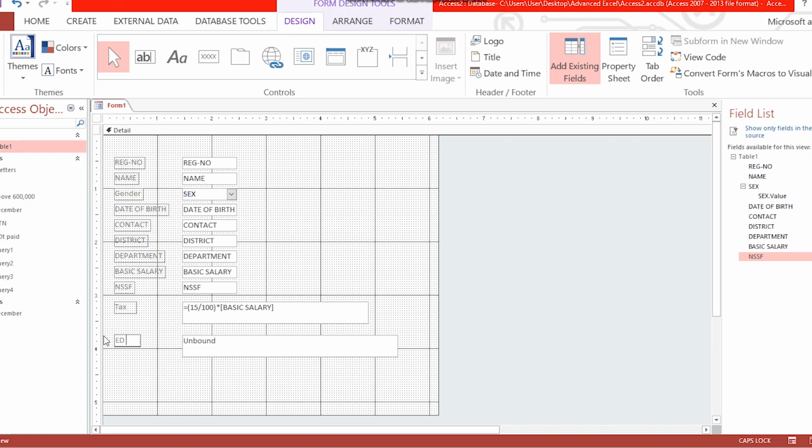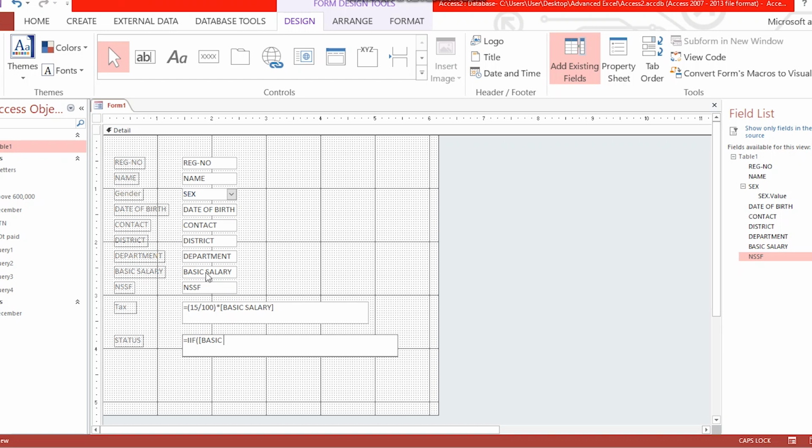I am just abbreviating it, let me just call it status. And the formula is equal sign IIF, that means double I and F. Open brackets, and then use open square bracket, and get basic salary the way it is typed up here,